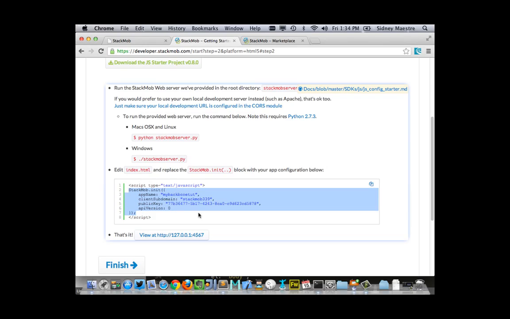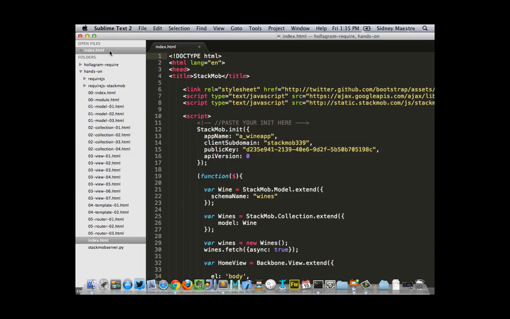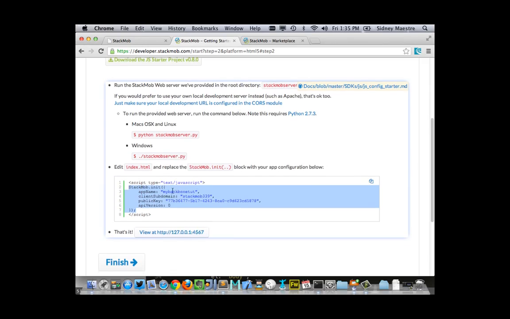So I'm just going to go ahead and copy that, and I'm going to jump over to my editor, and I've already opened up the index.html file which is located inside my hands-on directory, and I'm just going to go ahead and paste the StackMob init file right here. So this is my new app I just created, and I'm going to save that. Now I'm going to go back and say